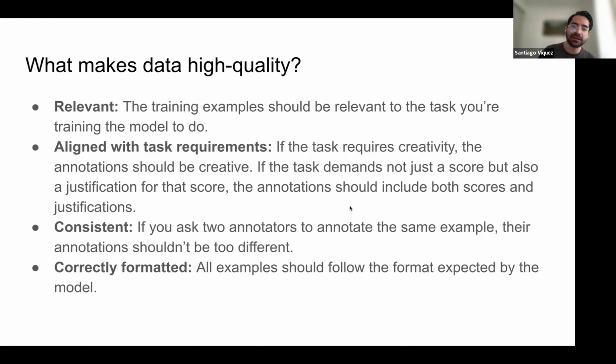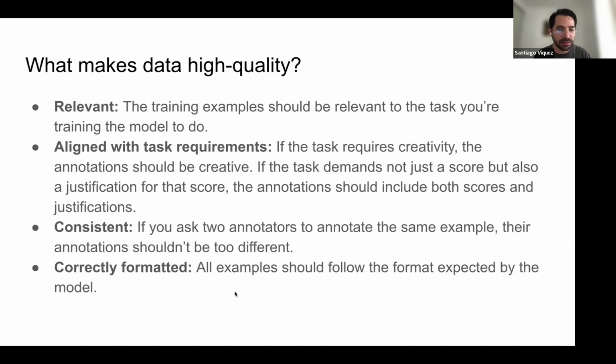If the task demands not just a score, but also a justification of that score, data annotation should have the score and the justifications as well. Consistent: if you have two annotators working on the same example, then their annotations should ideally not be too different. Correctly formatted: all examples should follow the format expected by the model.